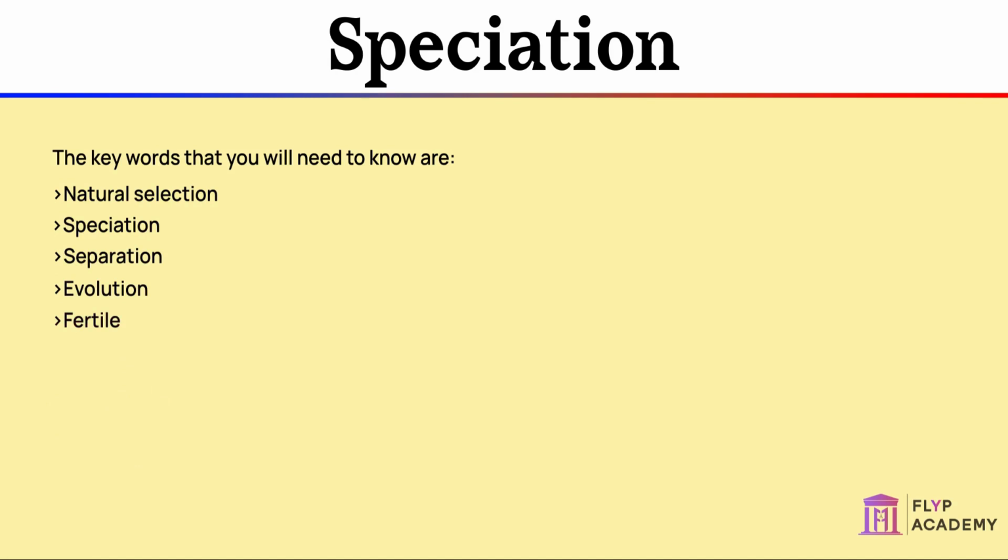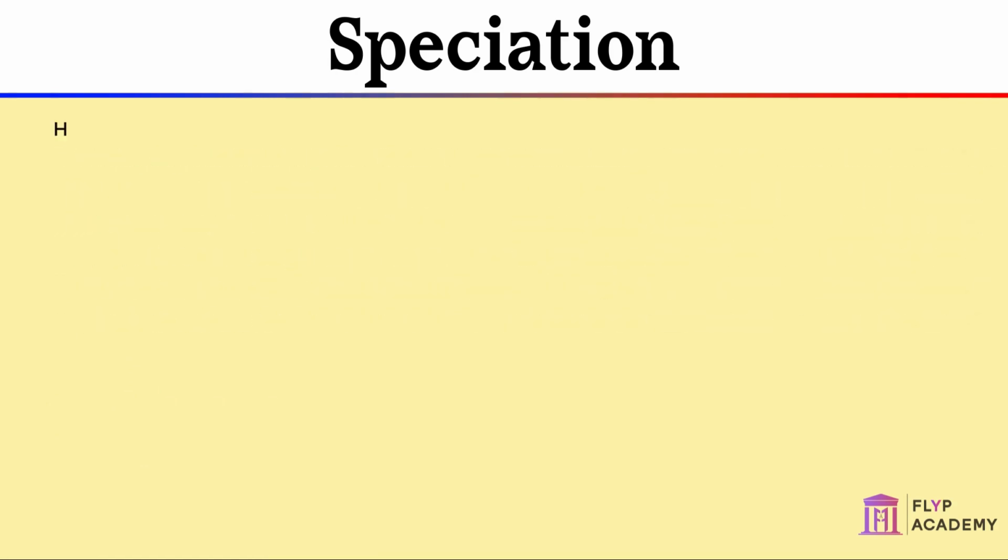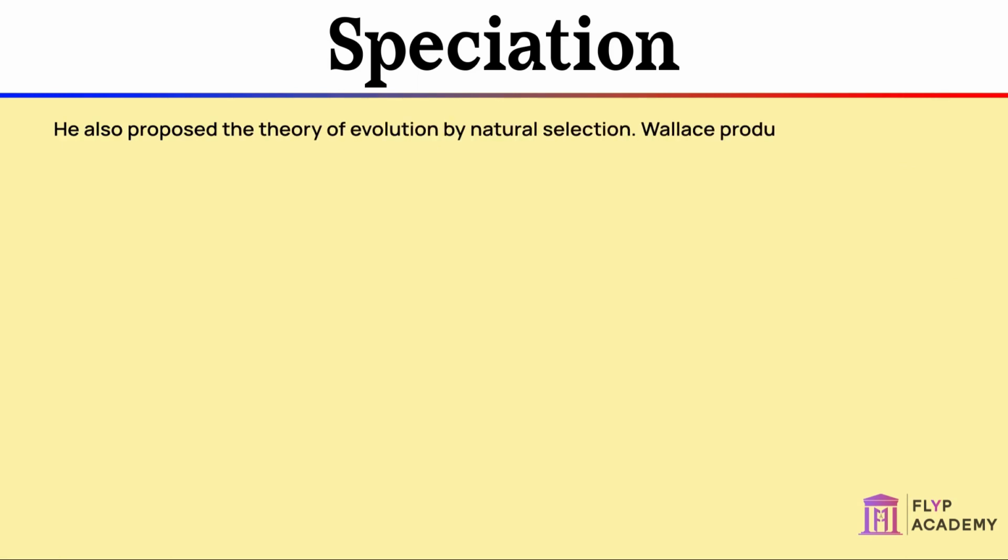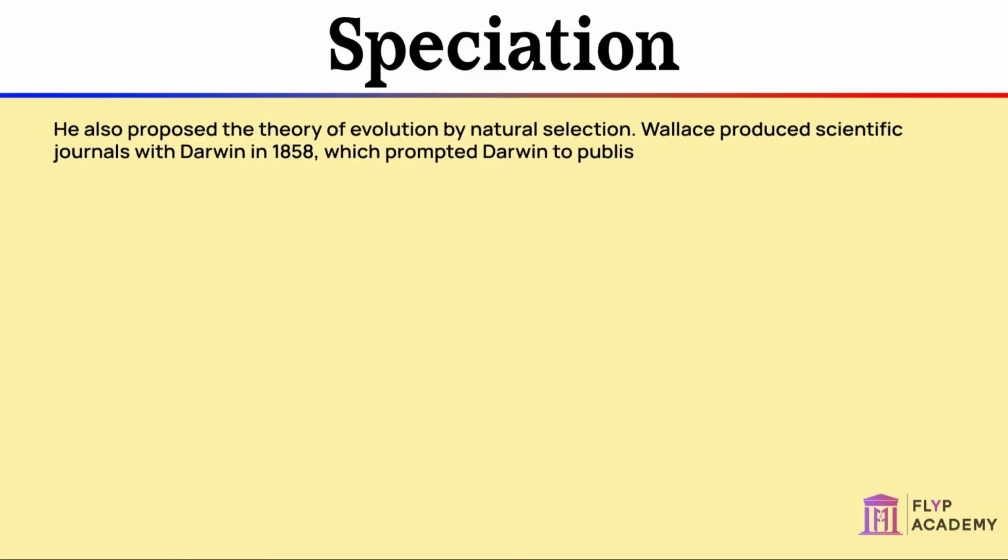Alfred Russel Wallace was a naturalist like Darwin, and he also proposed the theory of evolution by natural selection. Wallace produced scientific journals with Darwin in 1858, which prompted Darwin to publish On the Origin of Species the following year. Wallace is best known for studying warning coloration in animals, and through this he gathered much evidence for evolution,